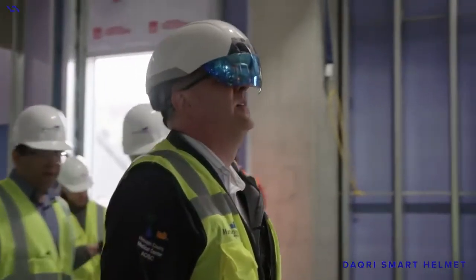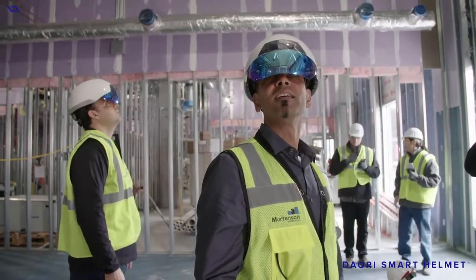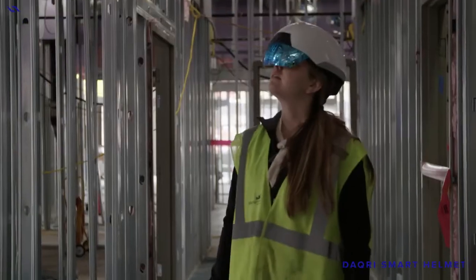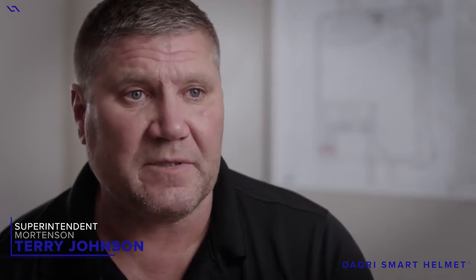Well, the biggest problem that we run into is just the coordination effort. Everybody's trying to get as many components and their equipment into a small, limited space. So anytime that you can bring tools such as the DAQRI helmet to allow you to see that stuff would be a benefit. I think it's going to help out the MEP immensely,